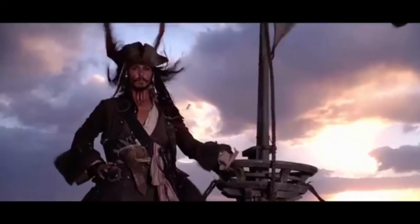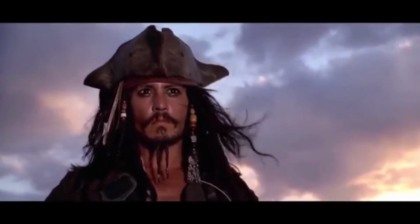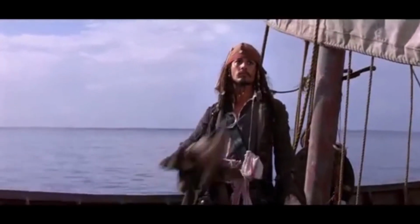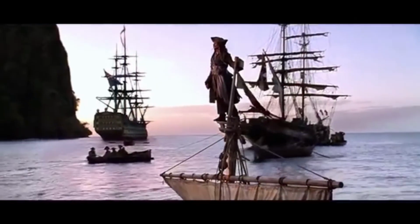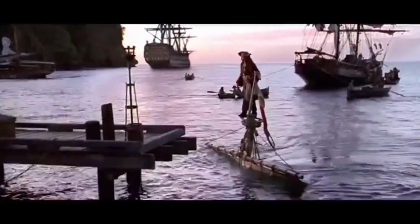Emotion covers 50% of the scene and the film itself. And here we see Jack determined to arrive at his destination and to achieve his goal no matter what obstacles come his way. We also see the emotion of anticipation as Jack is awaiting his arrival to Port Royal. And towards the end of this scene, we see his ego still up and strong as his boat continues to